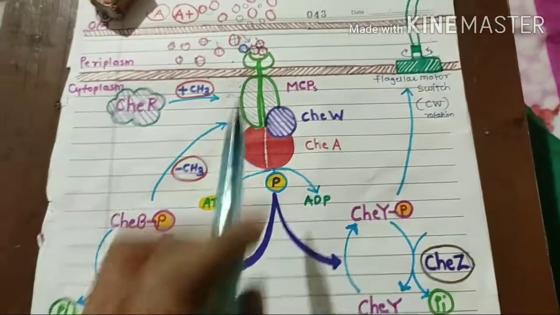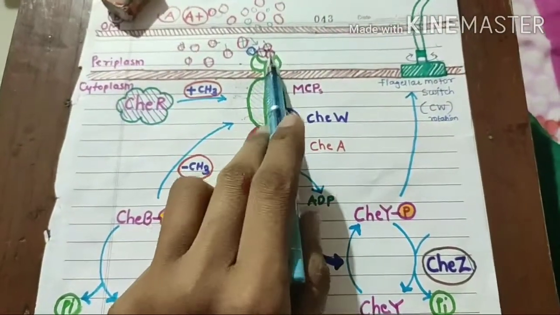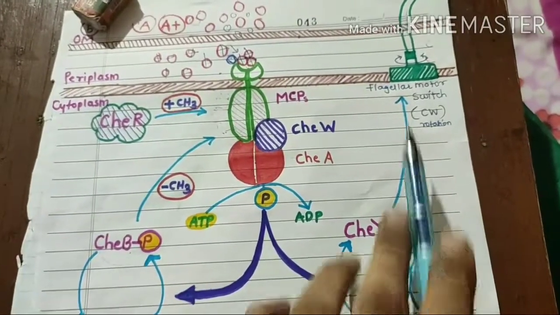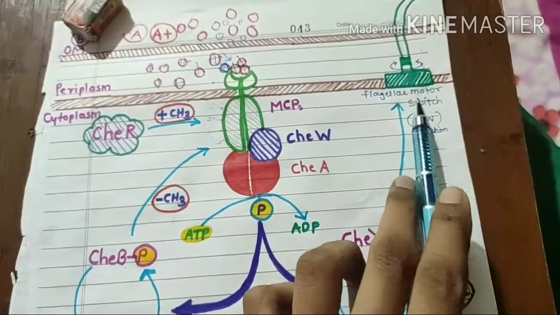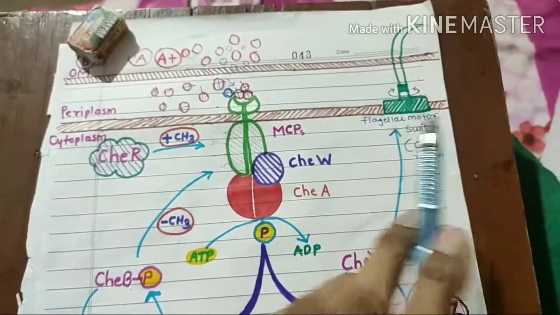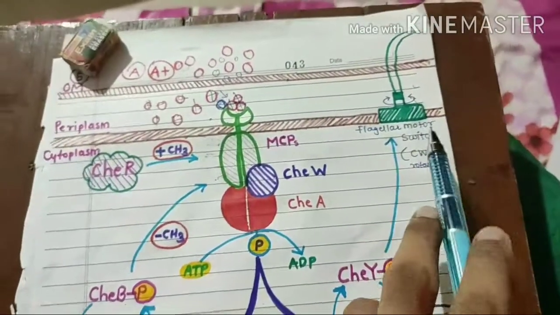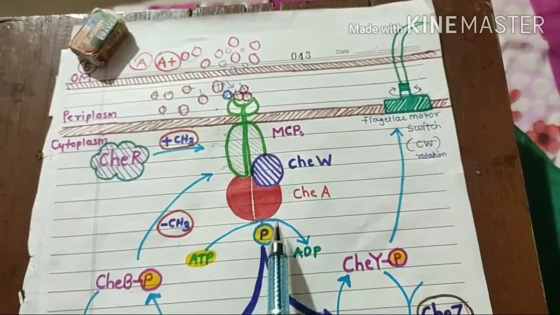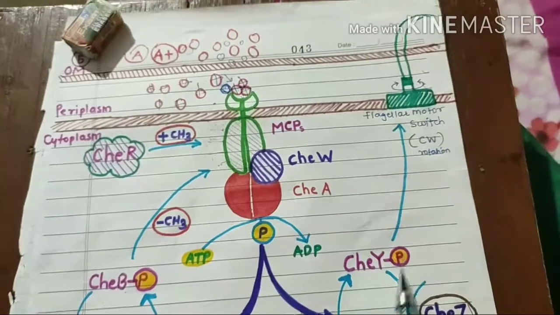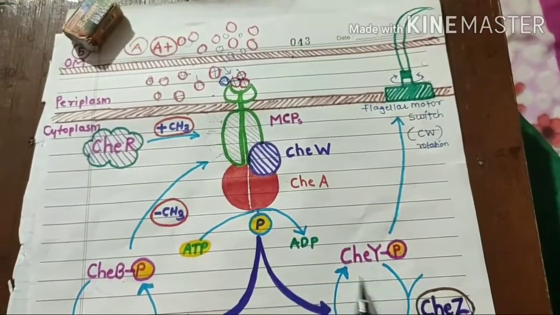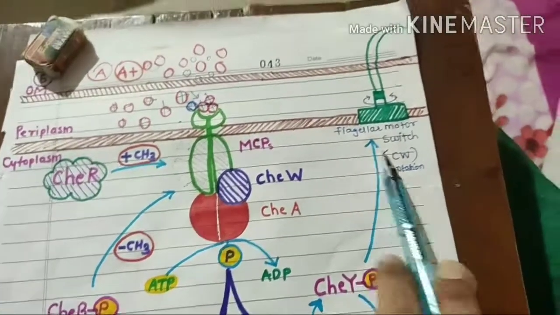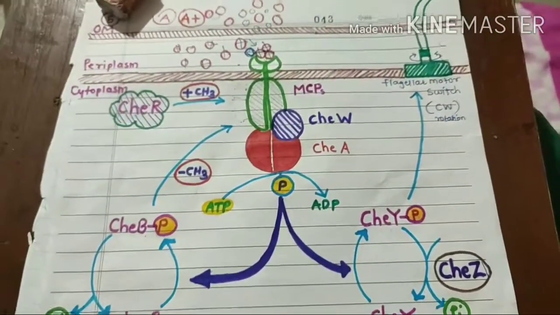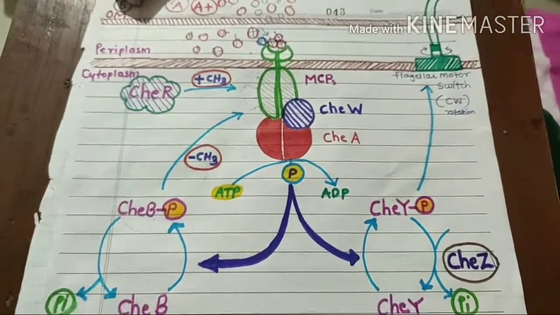Okay, so if there is a repellent, if the repellent binds, it increases the formation of CheY-P and the rotation of the flagellar motor switch in a clockwise direction, and hence tumbling increases. Okay, so the repellents work differently. If they bind, they result in increased formation of CheY-P, okay, and hence more tumbling. Okay, I hope it is clear till this point, the phenomenon of chemotaxis and how the signaling system works.